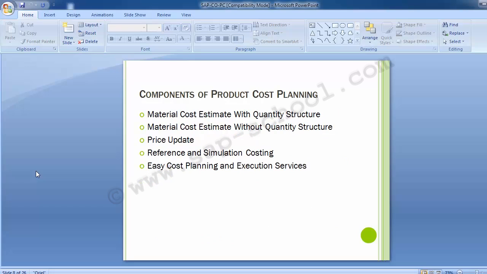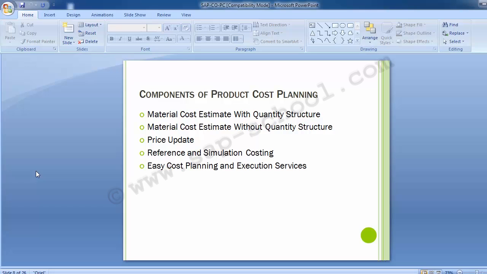So as on the screen, there are different components of product cost planning. One is material cost estimate with quantity structure, material cost estimate without quantity structure, price update, reference and simulation costing, easy costing planning and execution services. These are the different components through which the product